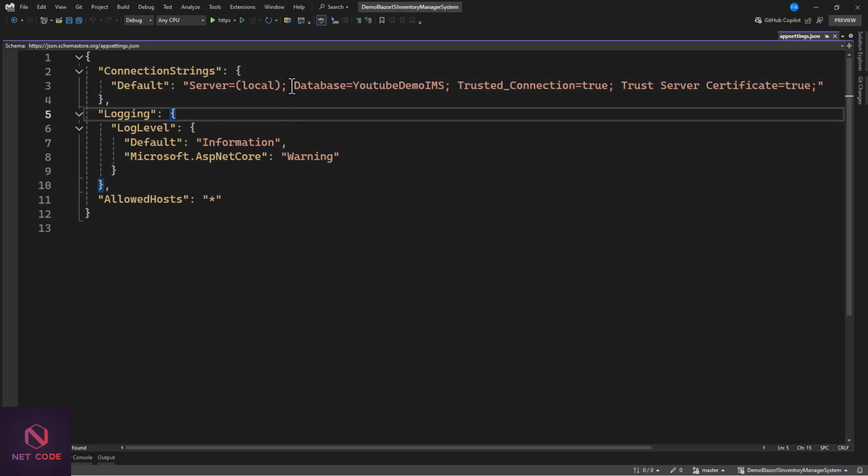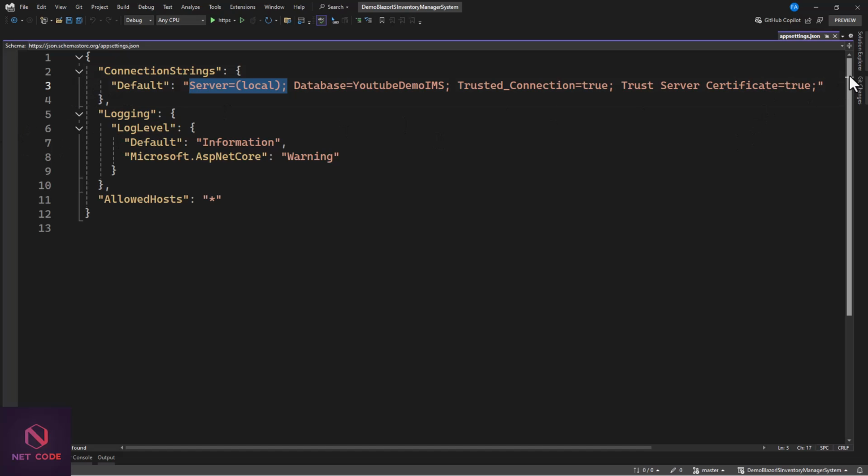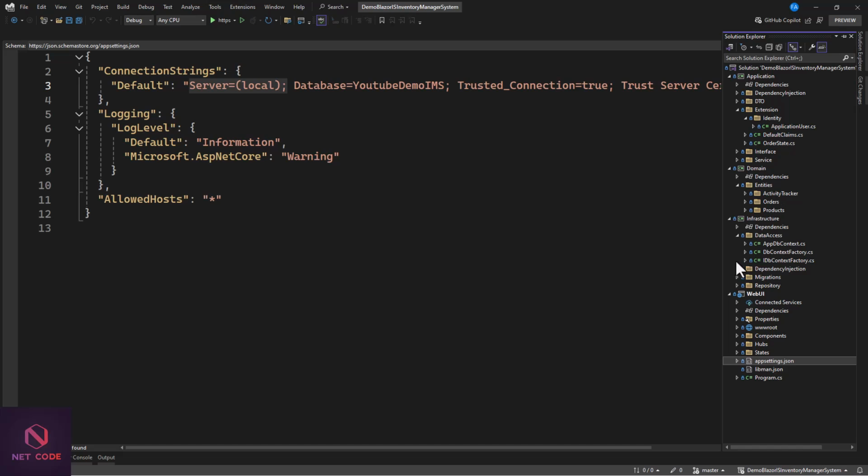So in the connection string, since I'm using my local one, I need to specify this local. I can use dot. This is my database name. This is the trusted connection set to true, and our trust server certificate also set this to true. Okay. So once you are done, what we're going to do here is we need to go to the